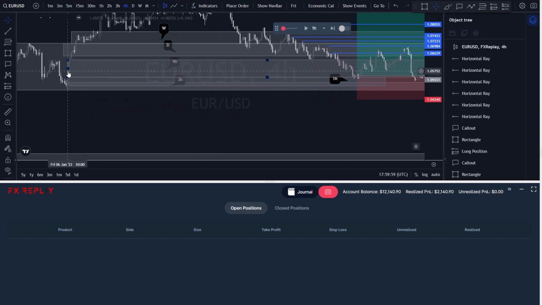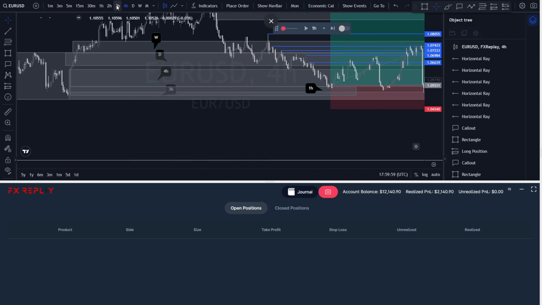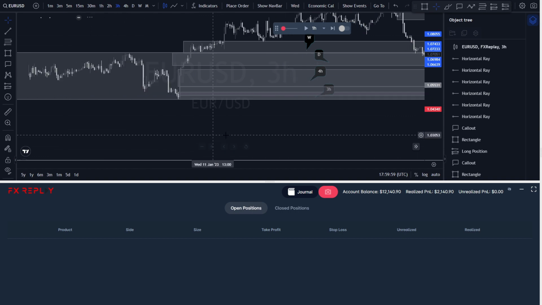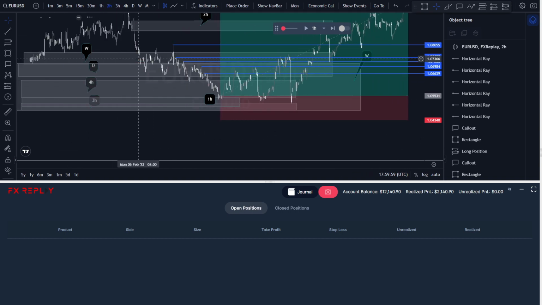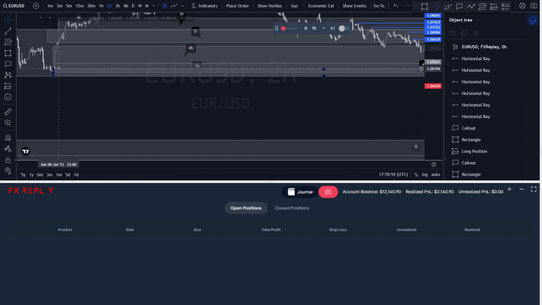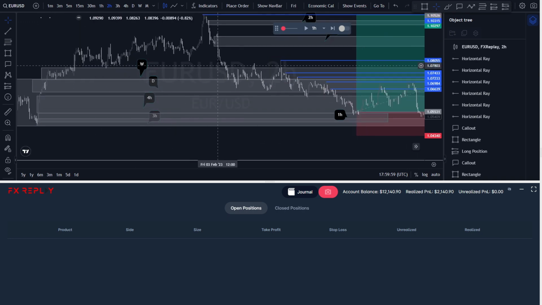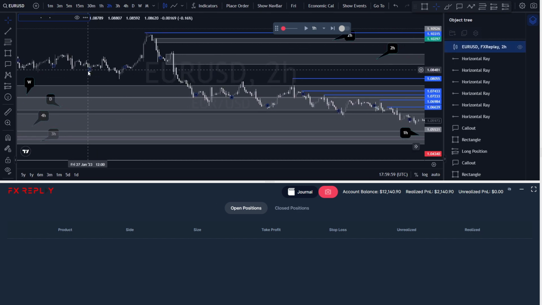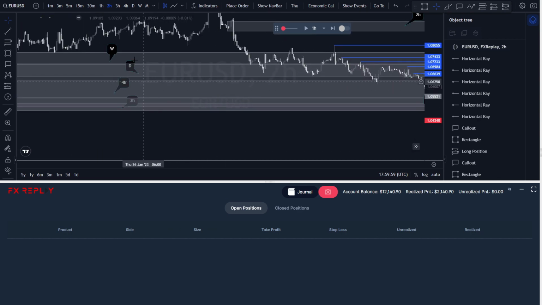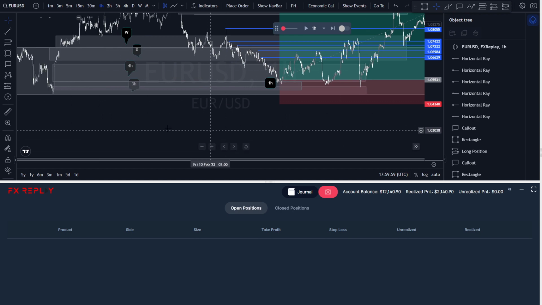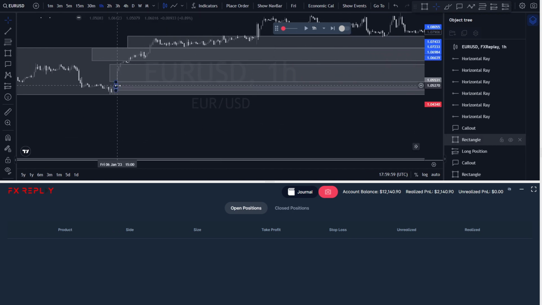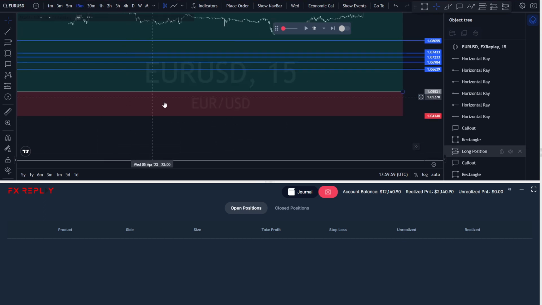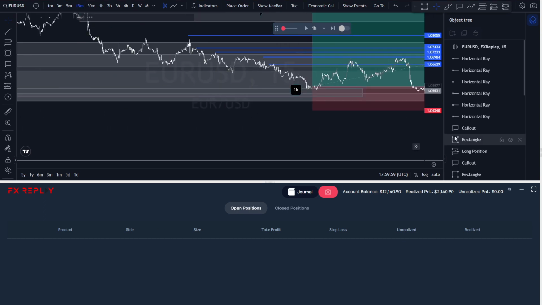I noticed this huge fair value gap to the upside. Again, lower time frame. I noticed this 3-hour order block right here. Marked it in 2 hours. I didn't find anything new right here, so I looked up, saw this 2-hour fair value gap, this 2-hour order block, and of course this area of liquidity, marked them all. We went into the 1 hour and I noticed this order block right here. So I marked all of those confluences and then I went into the 15-minute to look for a good entry